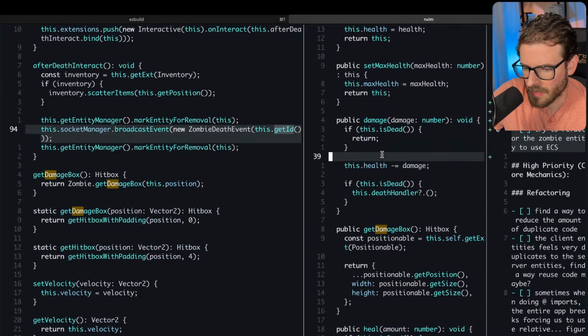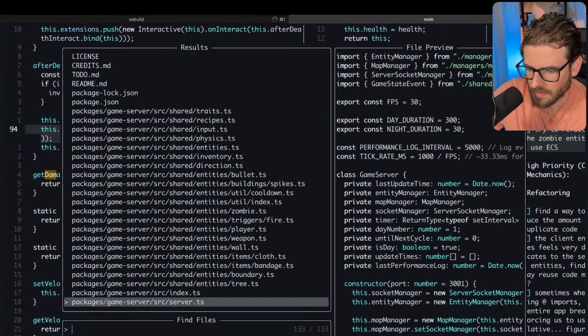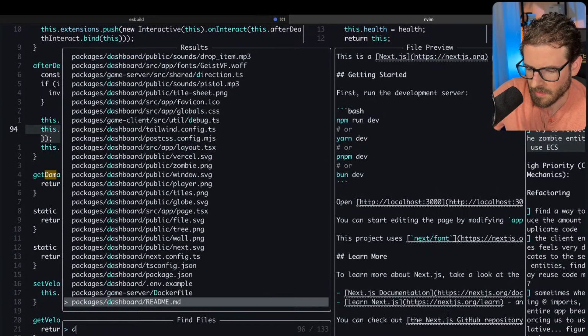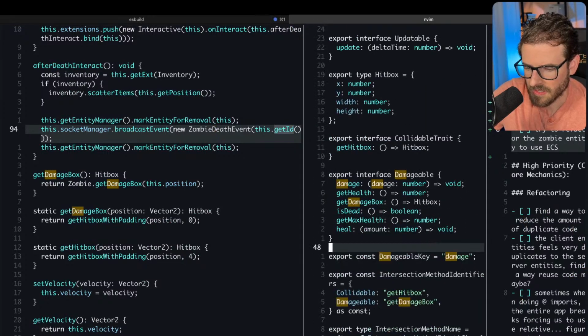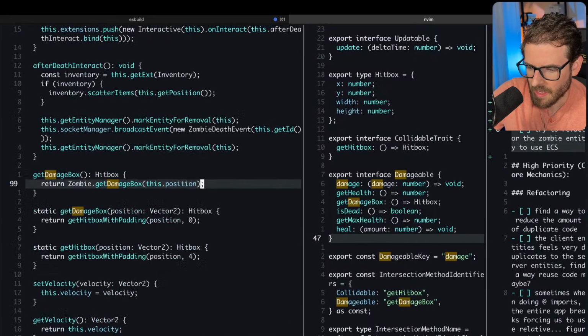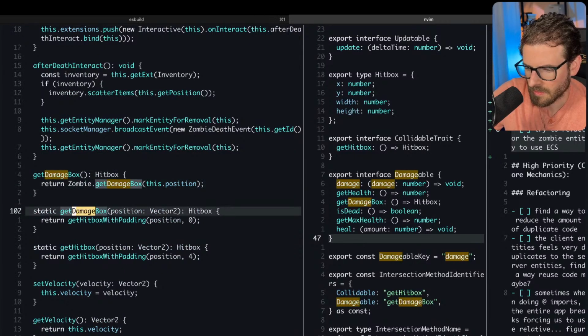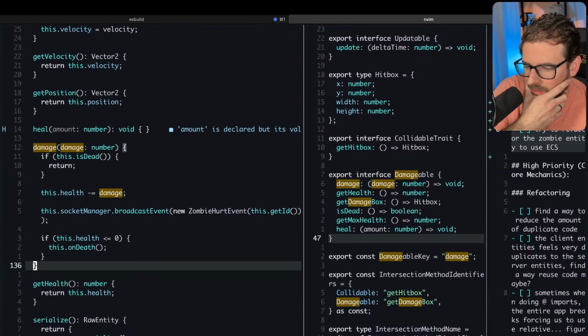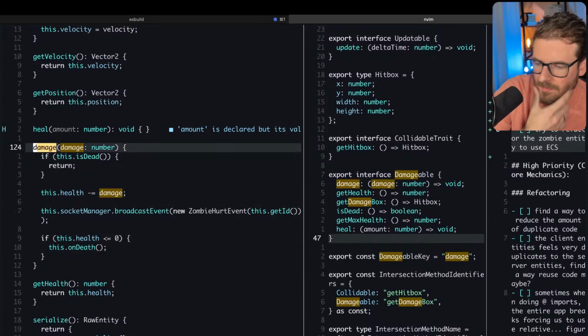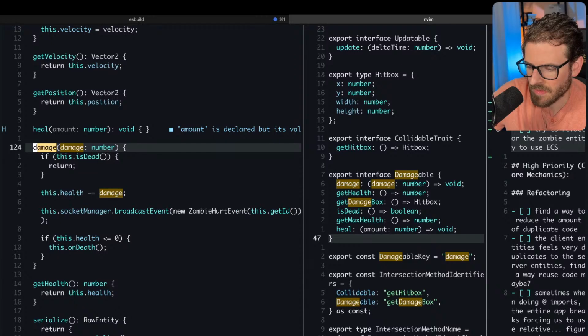I think we'll have to go through and figure out what. I think we call it traits. Here it is. All right, here's the damageable interface. And it has a damage, so I need to find damage here. Probably get rid of it. Oops. This is broadcasting an event, so we'll have to keep that in mind, but everything else is kind of the same as it was over there.